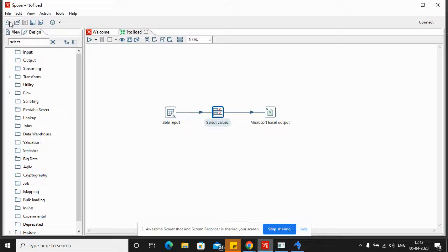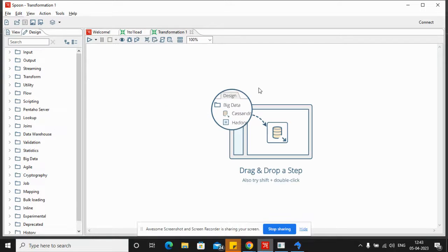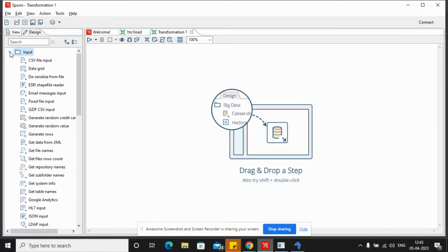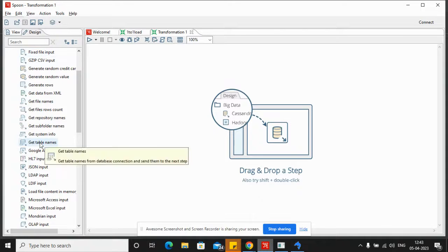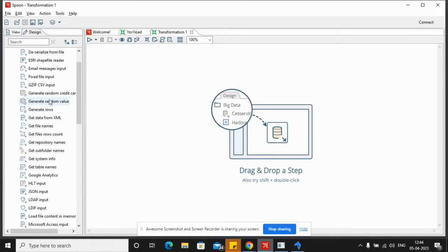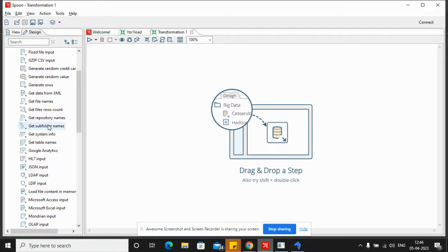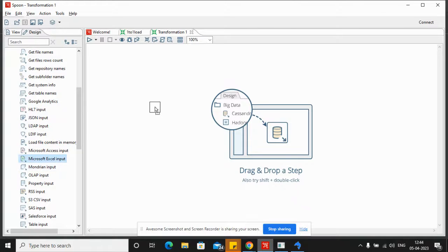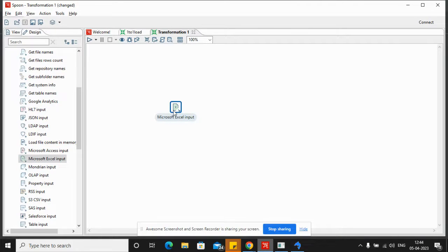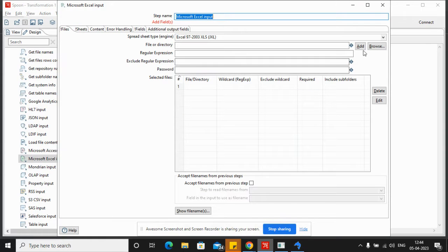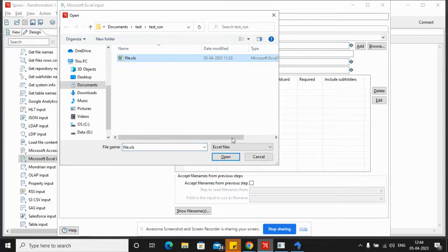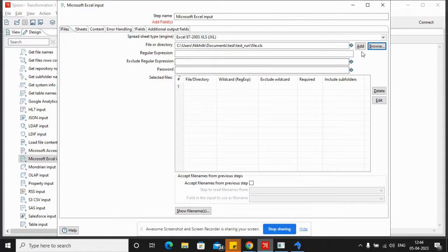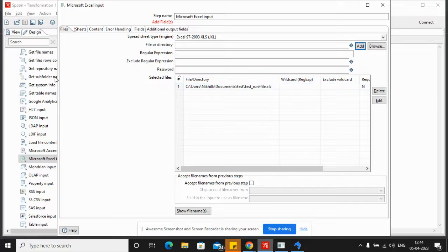So let's get started. We'll take a new transformation. In the last video we read the data from a MySQL table, but today I'll show you how to use the Microsoft Excel input. The output file that we created in the last video, we will use as our input file. So this is the file. Okay, we added this file, and after adding this file, you want to add this to the sheet, and then